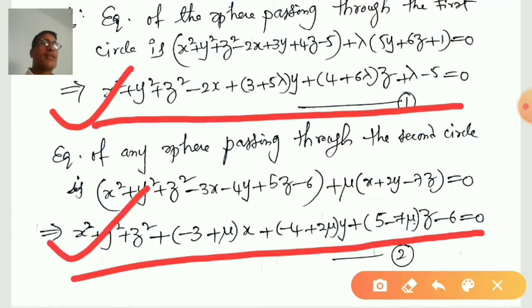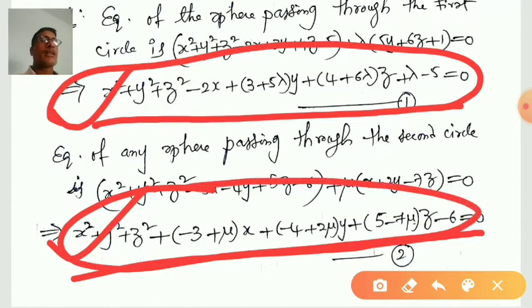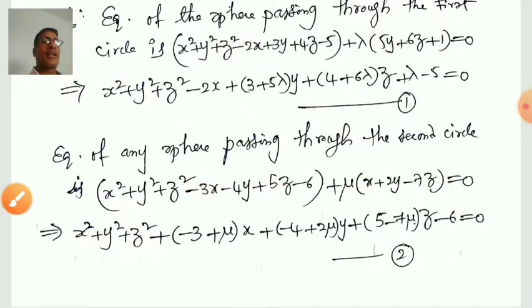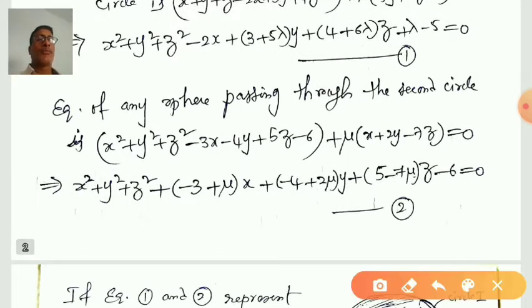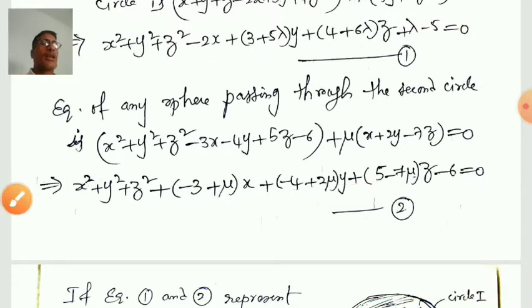So for that we have to find the values of lambda and mu so that these two equations coincide. Then this equation gives the equation of the common sphere to the two circles. Then we can easily say that the two circles lie on the same sphere. So by equating equation 1 with equation 2, we will get 4 equations in terms of